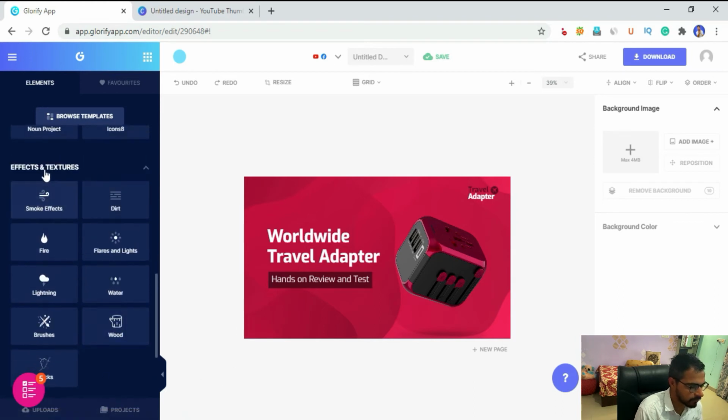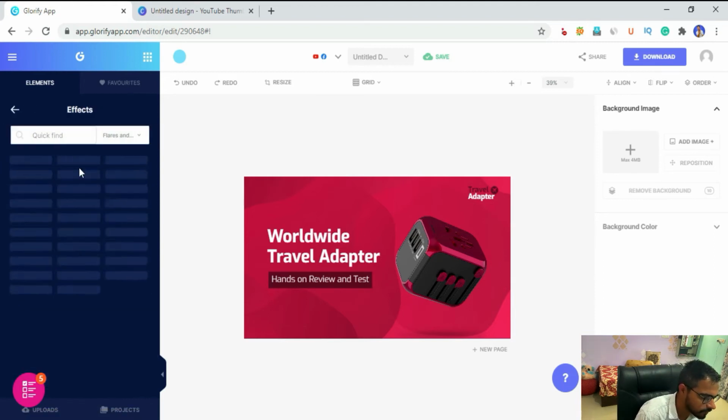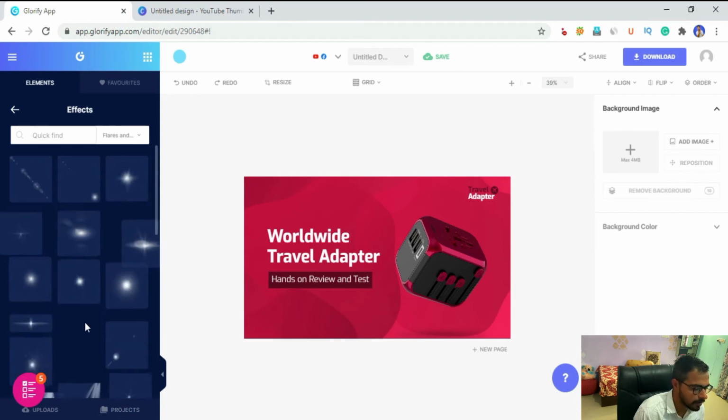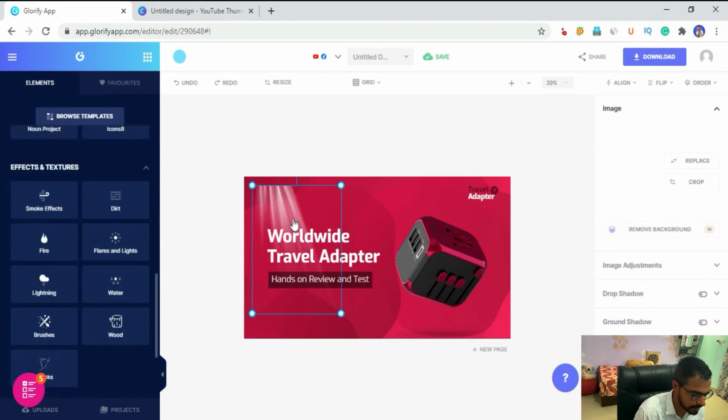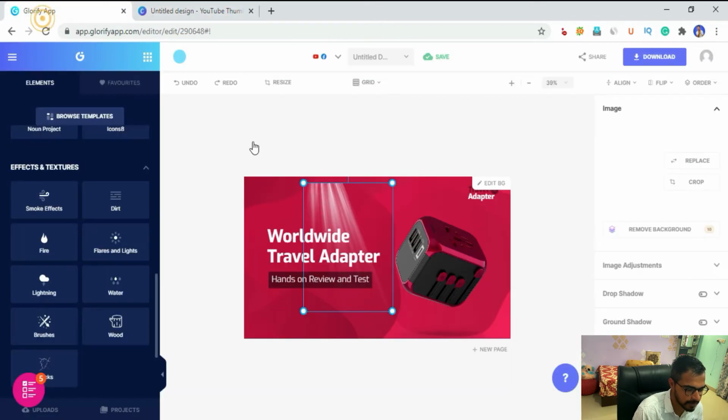Then we have effects and texture, that people working in the e-commerce industry are going to love. So you have flare and lights that you can add. You cannot customize these things a lot. For example, you cannot change colors. So if I'm here, there are some other features available inside Glorify that are not available in Canva, such as